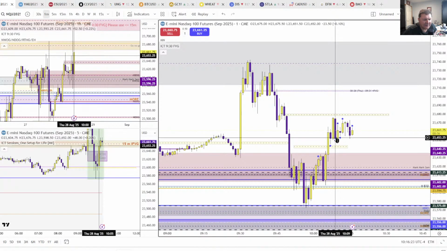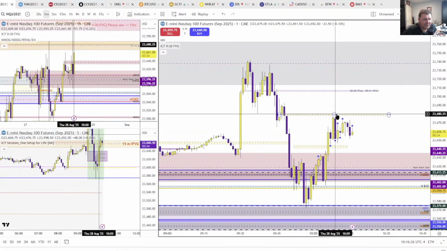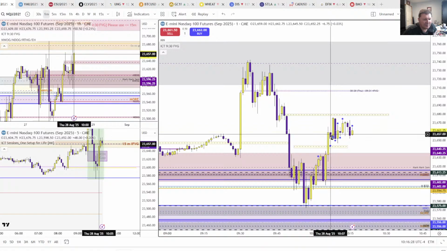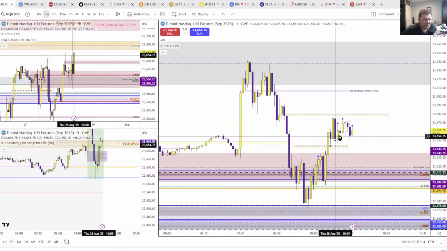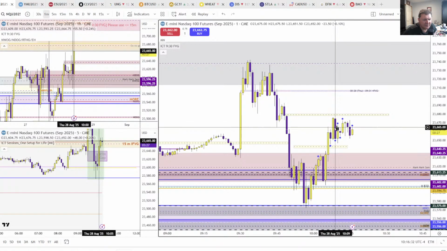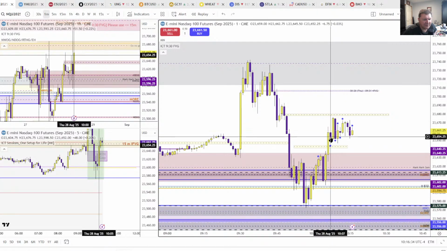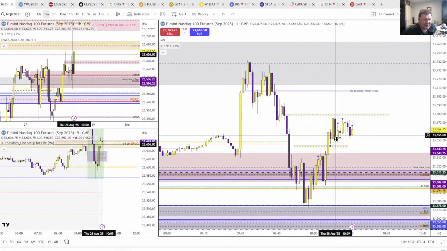This one's not validated yet, this big blue candle right here. It's not validated yet, but this guy is. And its mean threshold is holding price. So that one, I ignore this one right here. I look at this one because it's been validated and its mean threshold is holding price. And then I go, which candle,